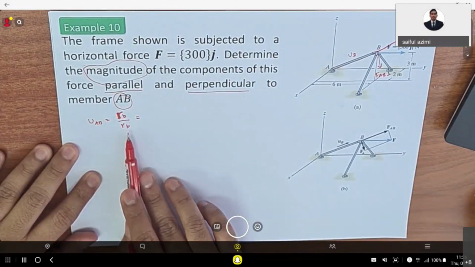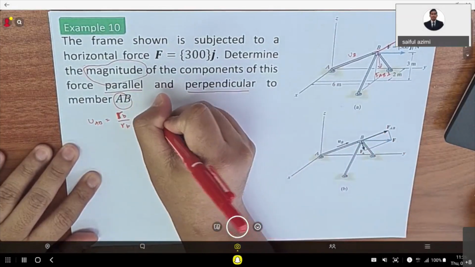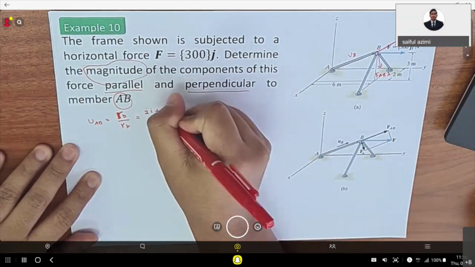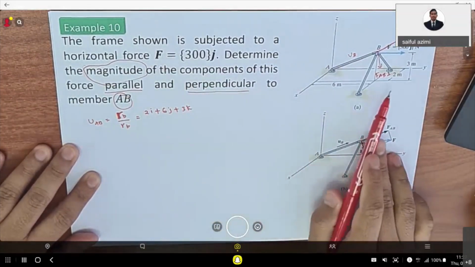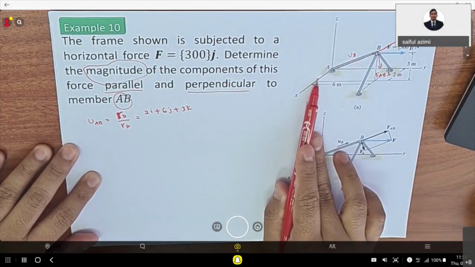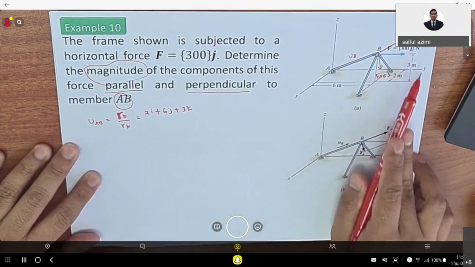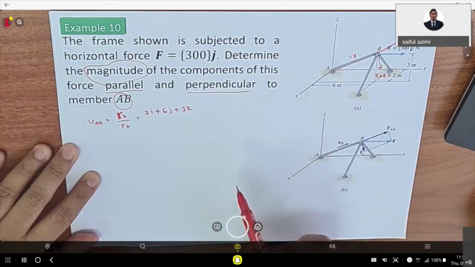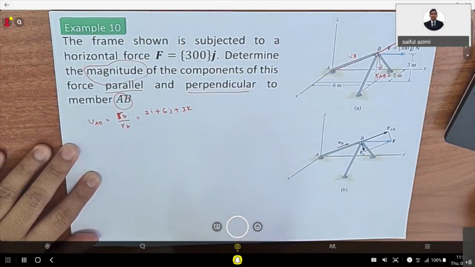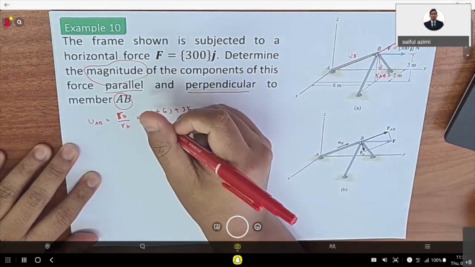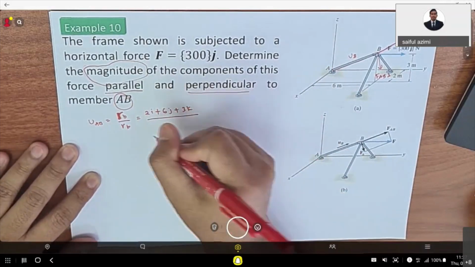You can simply observe here: you have 2i plus 6j plus 3k, so 2 in the x-axis, 6 in the y-axis, and 3 in the z-axis. Because A is at the origin, you don't have to complicate it. Then, to calculate the length, we can just use the Pythagoras theorem,